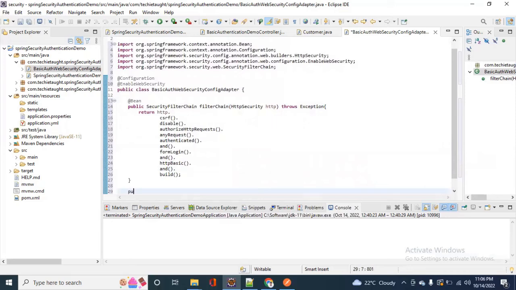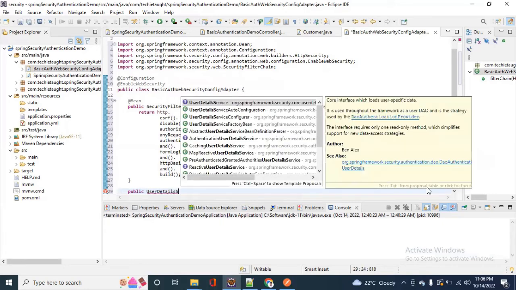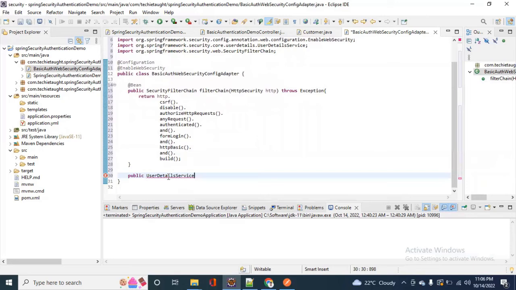We'll say public, and this bean returns a UserDetailsService. You can see the UserDetailsService is provided by this security package. We just need a bean of UserDetailsService, and the method name you can write anything. We'll just say